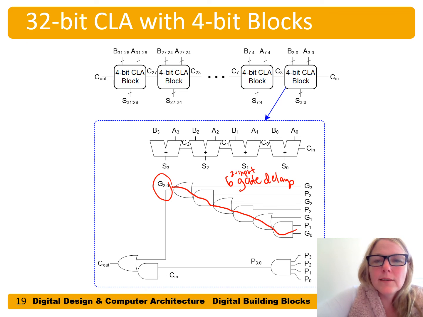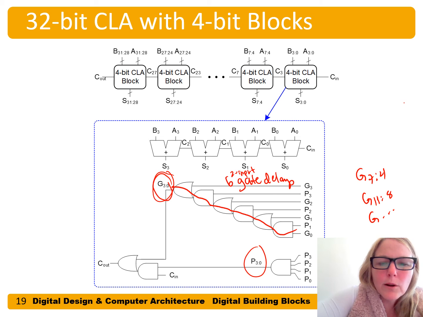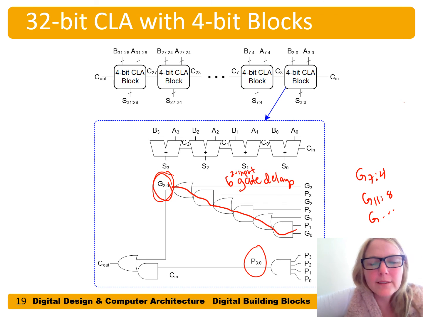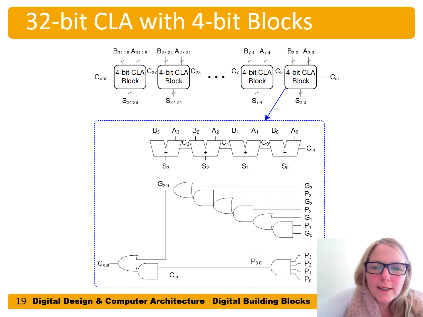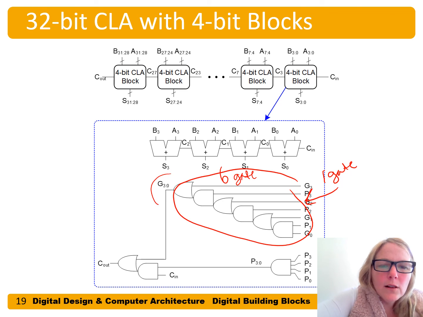Not just G3 to 0, this is for all of them: G3 to 0, G7 to 4, G11 to 8, and so on. All of these block generate signals, and it turns out the block propagate signal is just calculated faster. So we get one 2-input gate delay to get to here, and 6 2-input gate delays to get to all of them, not just for this block, for all of these blocks,